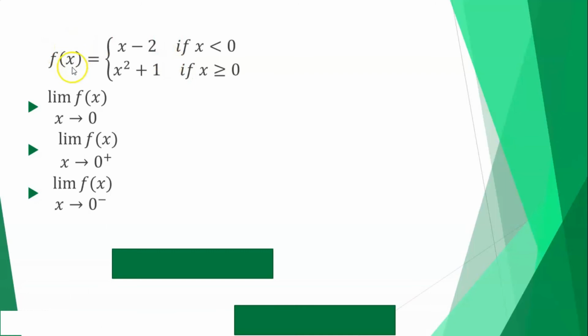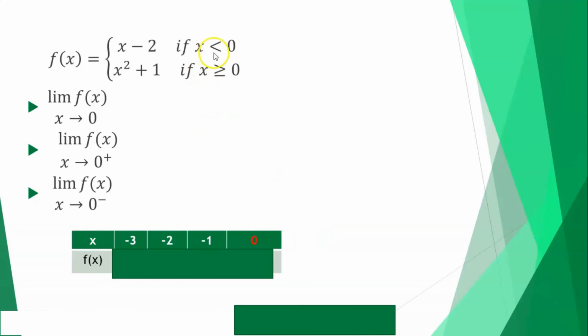Now, given this function, if our x is less than 0, that would be x minus 2. If our x is greater than or equal to 0, that would be x squared plus 1. So find the limit as our x approaches 0 from the right and from the left. Now take note, making use of the table of values for the first function, that would be numbers that are